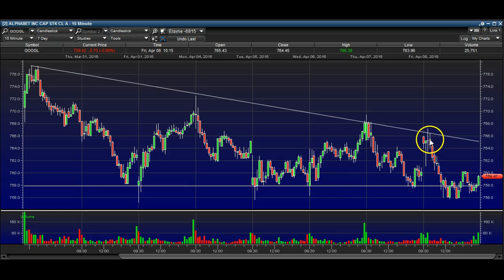So the reason we didn't get short on Google on that break is because if you look here, this is Friday's action right here. The high over here for Google was 767. A break below,